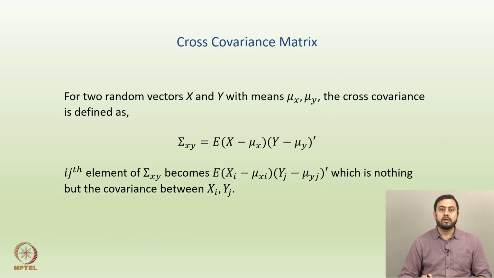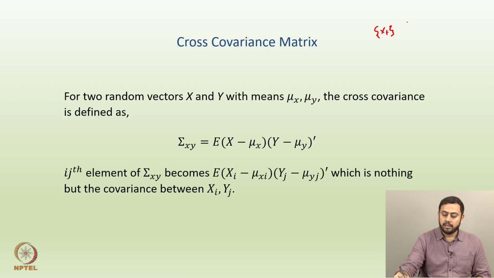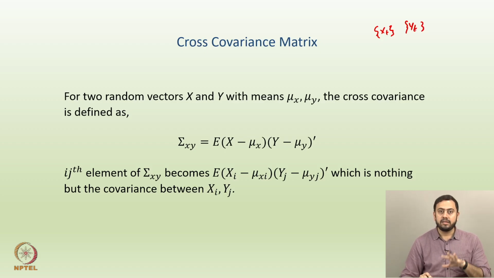Now, what do you think a cross covariance matrix means? So, cross covariance means that if you have two random vectors, let us say x and y, all right. So, earlier whatever we discussed so far was only for a single random vector, right. Now, imagine you have two different time series processes. So, let us say one is xt and the other one is yt, right. Now, as we discussed earlier, each one of these is a random vector. So, xt is a random vector, yt is another random vector, right. So, this in fact falls in the framework that we are studying in this slide.